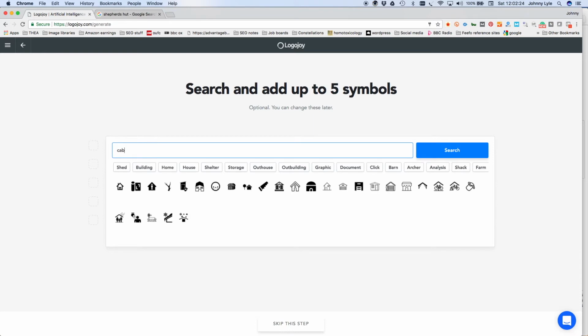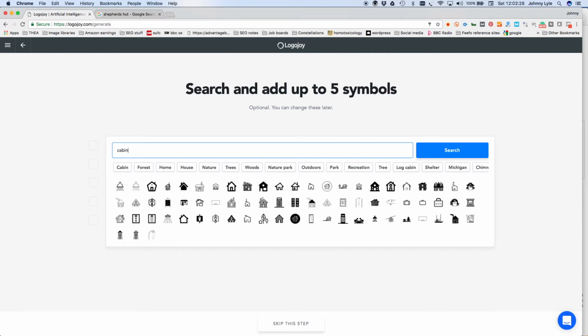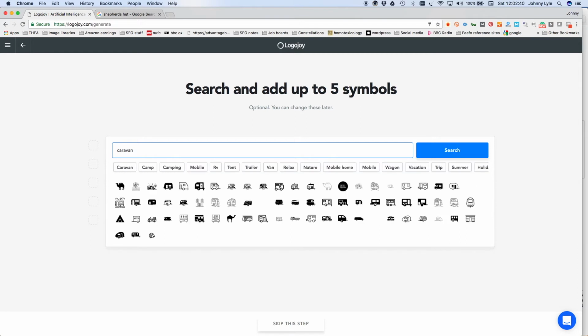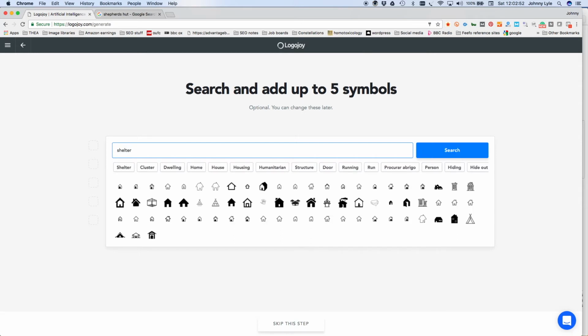So we'll look at cabin. See if anything comes out from that. Again, I'm looking at those and not loving any of those. And they all look a bit too simple to me really. I don't think they look like classy logos. And my advice to you would be, it's an awful lot easier if you don't have an icon with it really. So I've looked at those. I'll look at one more word, which is shelter. So I'm going to look at those, and my advice would be to not use an icon. So at the bottom you've got the option there to skip the step. Partly because none of these